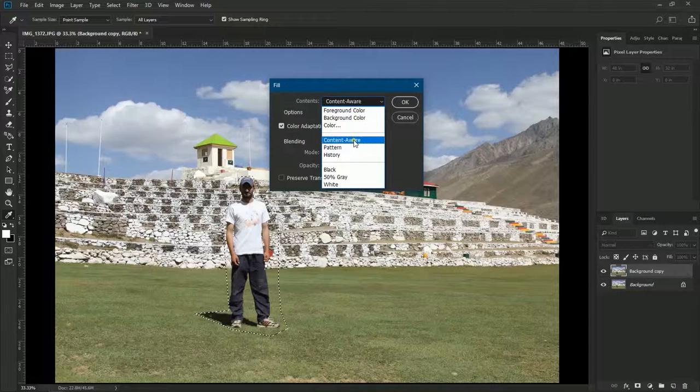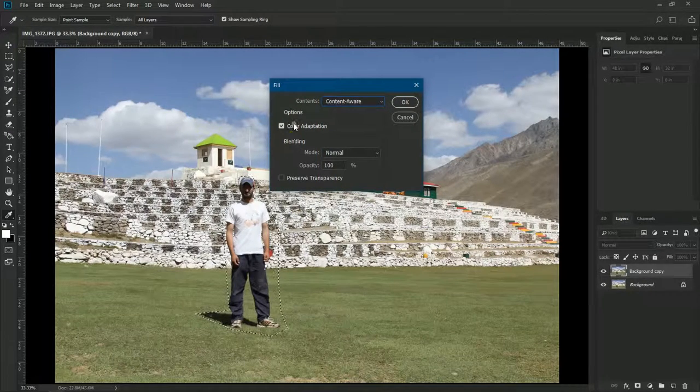which we are going to apply right now, because it will look around for the pixels on the image and replace this part of the image with redesigned or reconfigured pixels from around this place, right? After that it will be grassy, and we can see the stairs from behind this person. So what we have to select is content aware, and then the options,